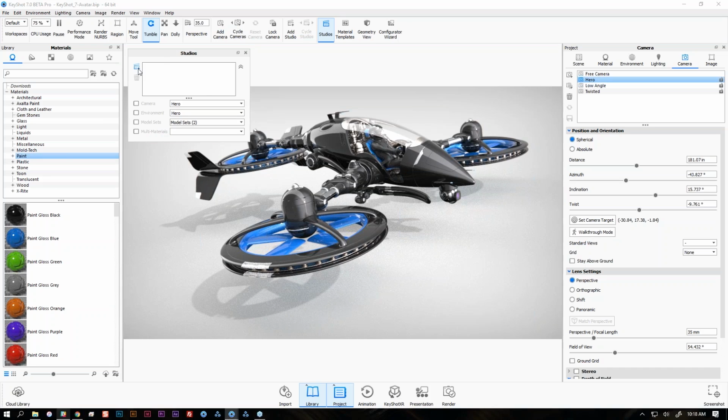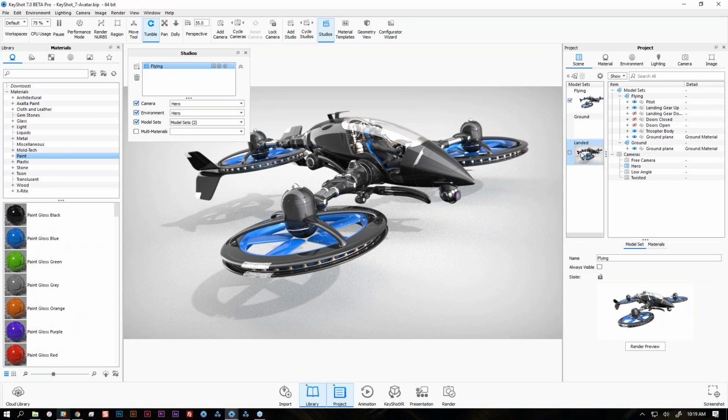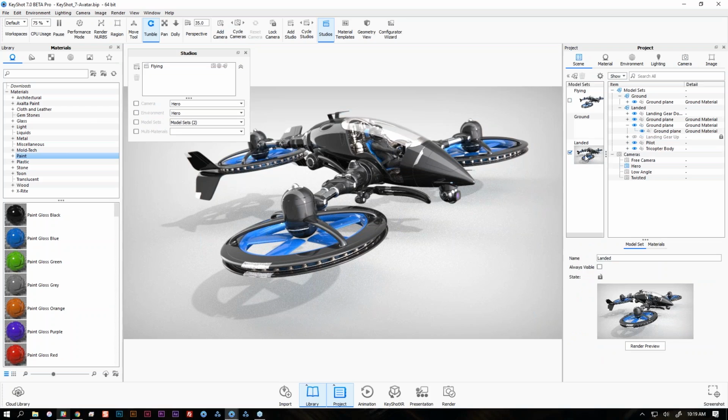So if I just click the Add Studio, I can say this is called Flying. And I'm just going to enable my model sets there. So now we have indicated that we have the camera saved, the environment, and the model sets all saved in this studio. And then if I want to go and create a new one for the one that is landed,